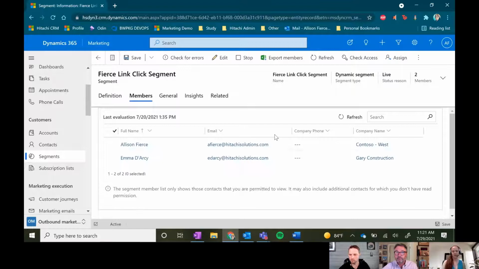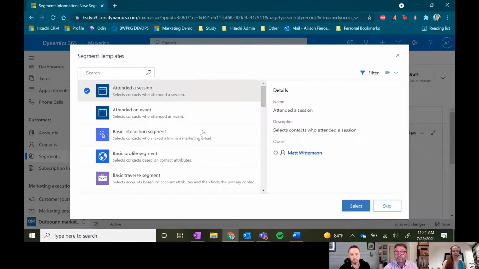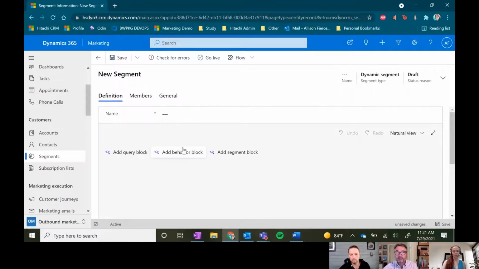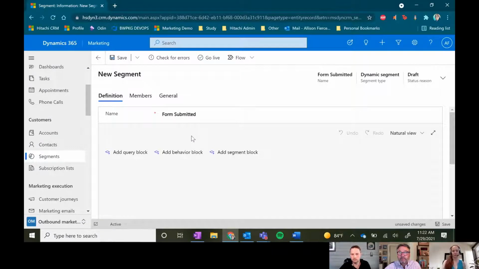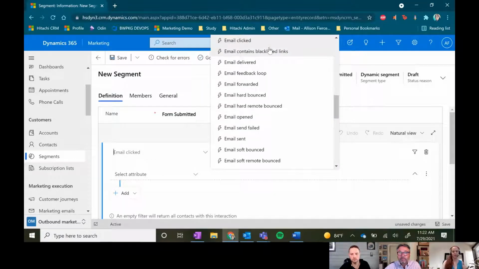activity. We can also build from scratch and come in and say, I've got a new dynamic segment where, in this case, we can listen for things like they've attended one of our events, or if I skip this, I can build something where I'm maybe listening for a form was submitted. And that's going to be a great way to add value to them whenever they give you content. So if they're filling out one of their forms, you can interact based on that behavior and give them something back, like a PDF. So in this case, if we're listening for a form being submitted, we've got options like,